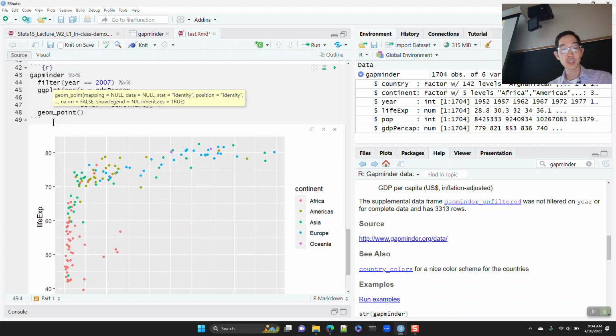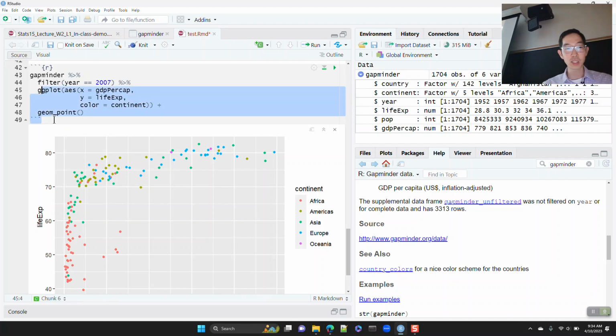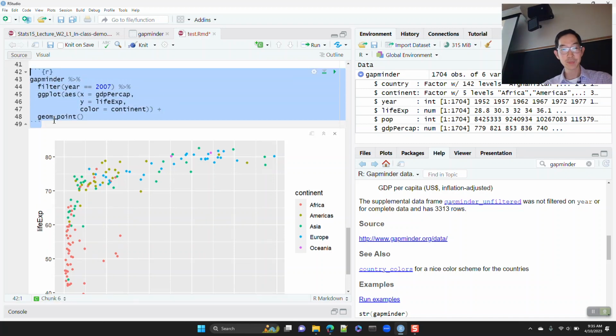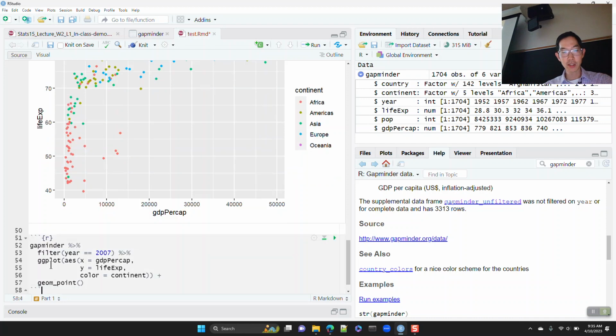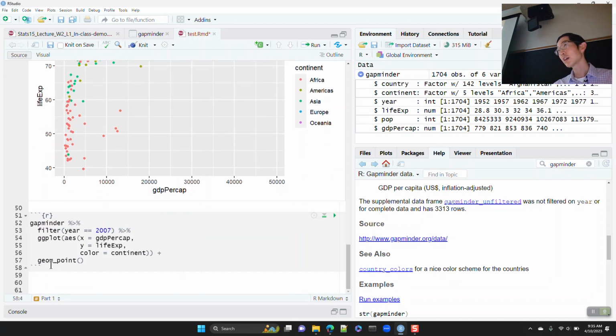We can change the scale to be a log scale. And so rather than adding 10,000 having the same kind of increment, multiplication by a number has the same kind of distance. So what I'm going to add here is, after geom point,